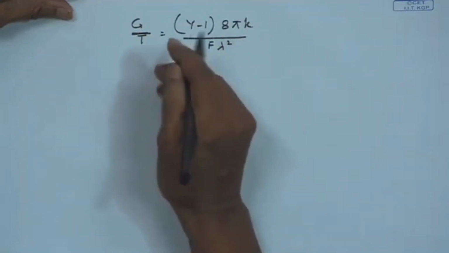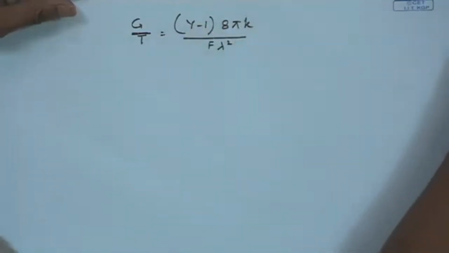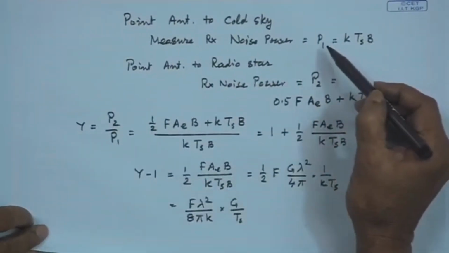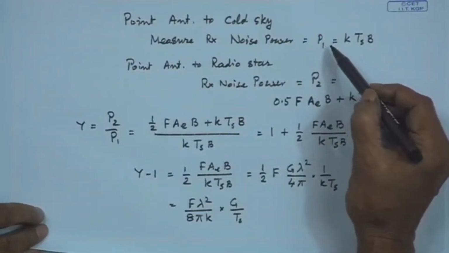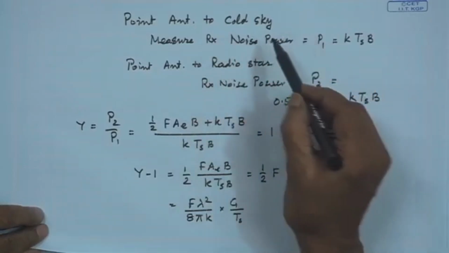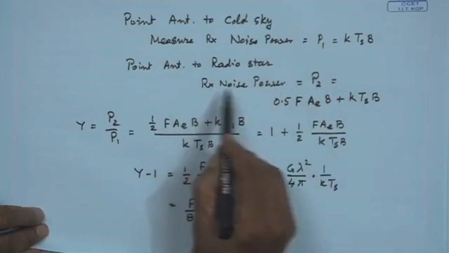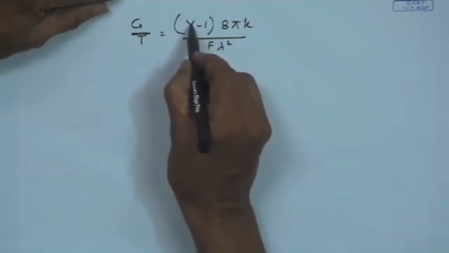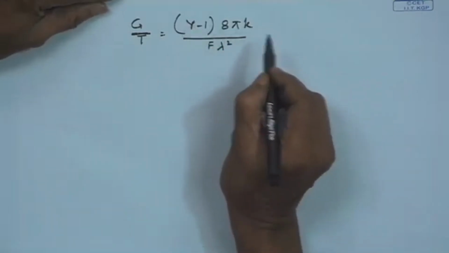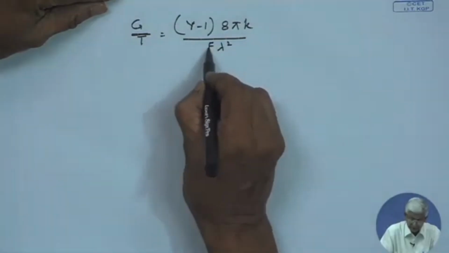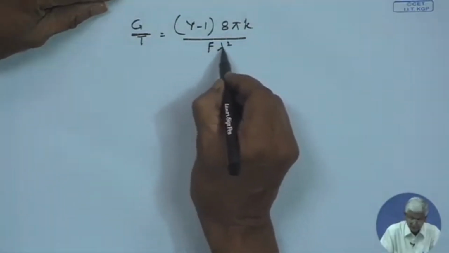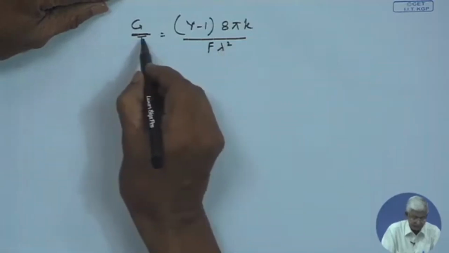So, once we know the power measured, the clear cold sky power measured through the receiver including the receiver antenna, and then point towards the radio star and measure another power, we take the ratio Y. We can calculate that ratio Y, where k is Boltzmann's constant. For that particular radio star, F is known, lambda is the frequency we use, and accordingly we get the